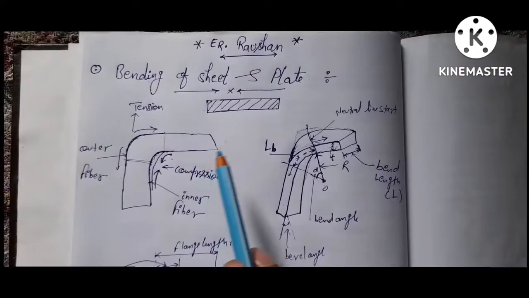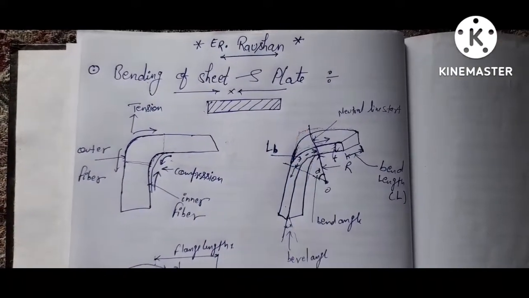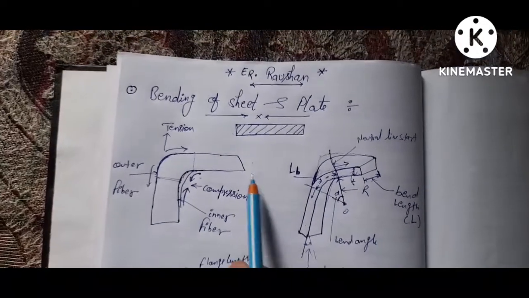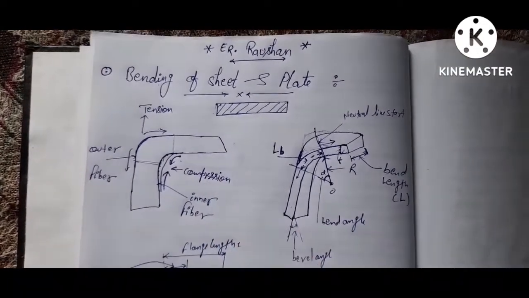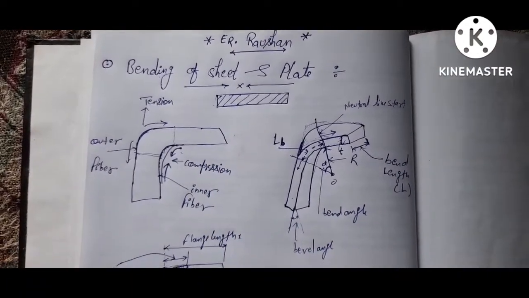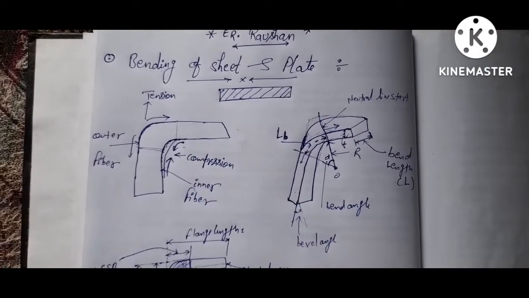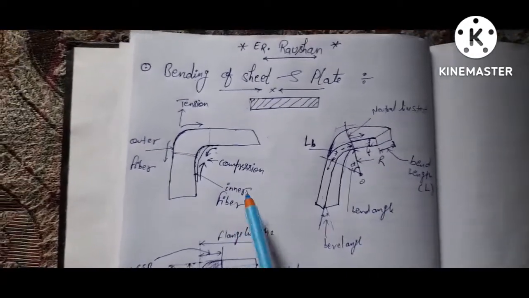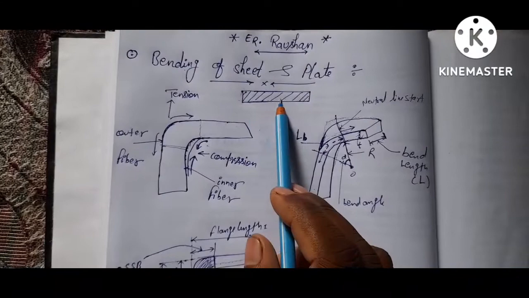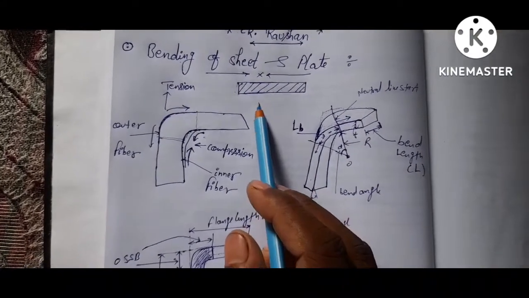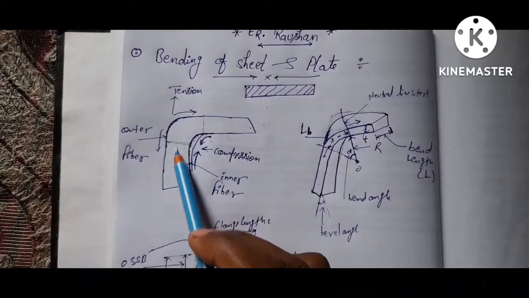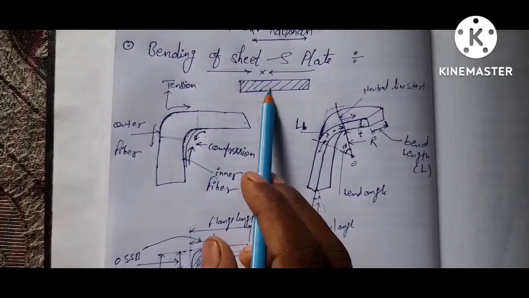We are talking about bending of sheet or plate. So this is a flat sheet, and how are these flat sheets bent, and what happens in this sheet? We draw it here and discuss it today. So friends, this is a flat sheet, and after bending in the bending machine, this flat plate or